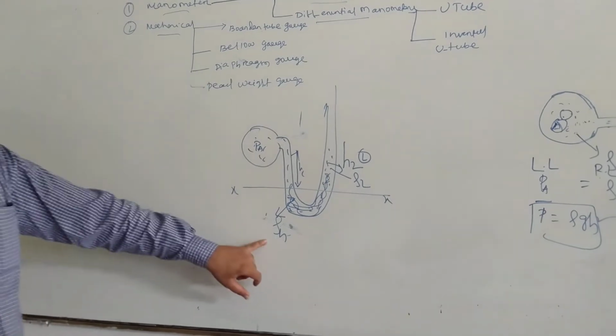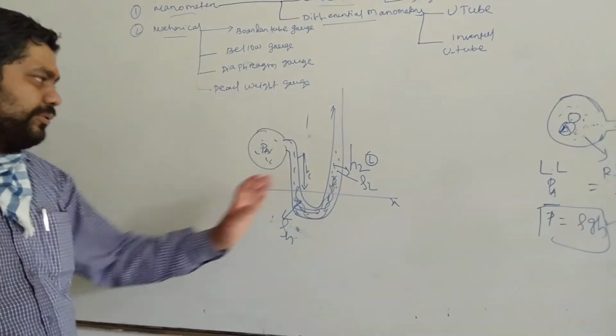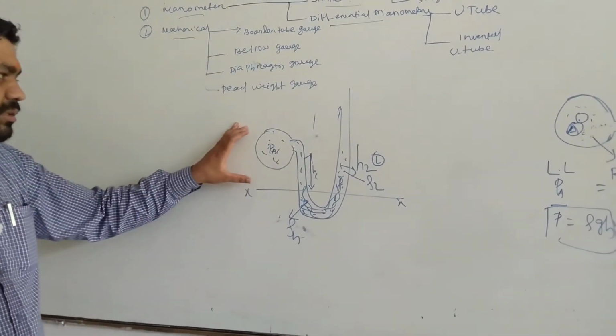So there are two liquids, one is a heavy liquid and one is a light liquid. Under that you have to find the pressure. So the pressures are